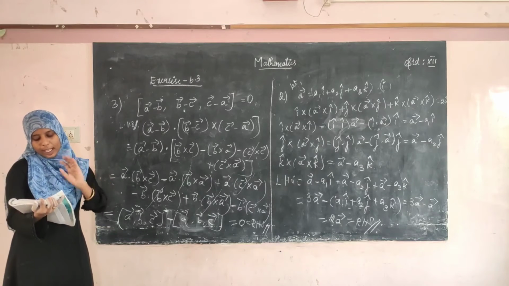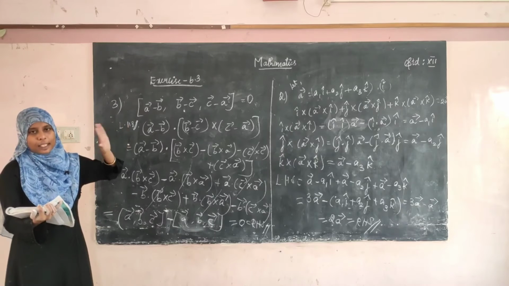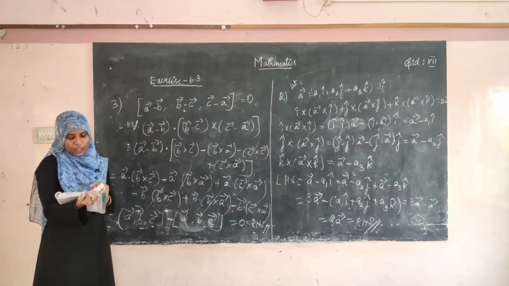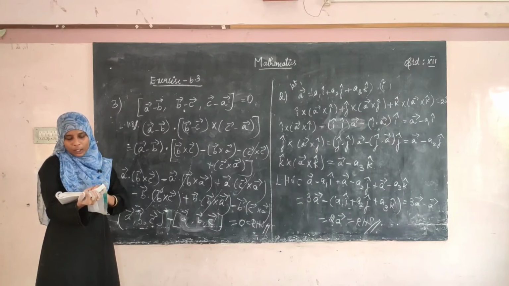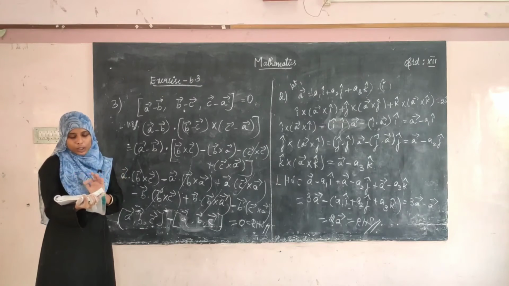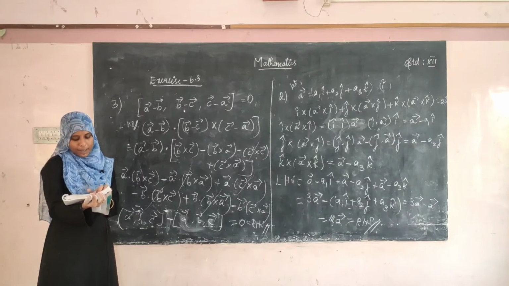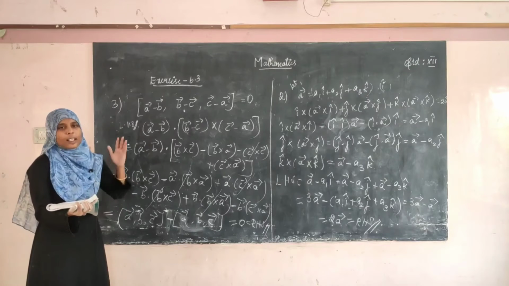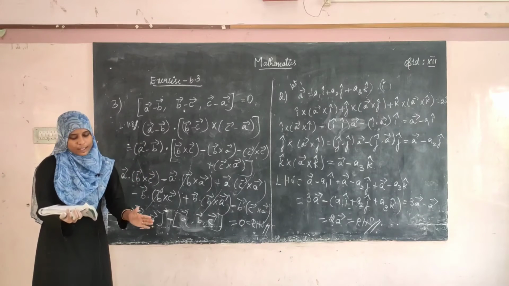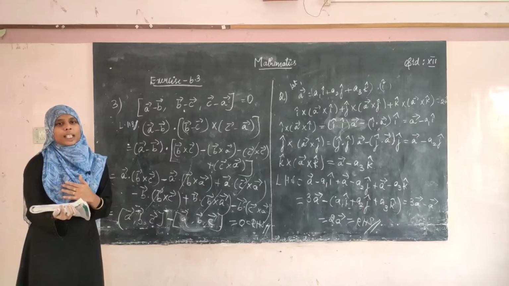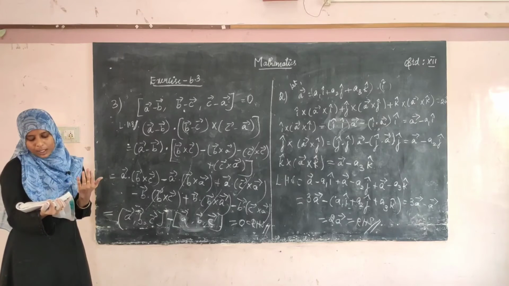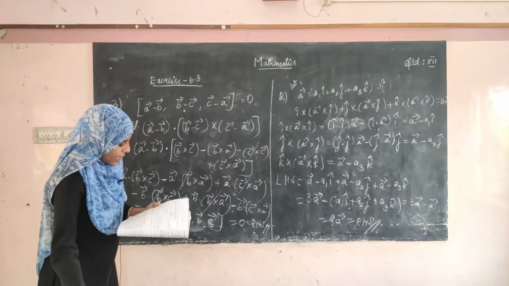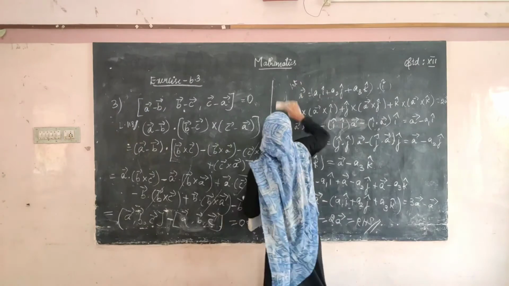You should keep that as the left hand side, and on the right hand side, you have to compute A vector dot C vector and B vector dot C vector, and then compute the whole thing: A vector dot C vector into B vector minus B vector dot C vector into A vector. So you have to show that the left hand side value is equal to the right hand side. Similarly you have to prove it for the second subdivision also. So the fourth sum is the assignment for you. And then the fifth sum is also going to be an assignment. Let me explain how we are going to do that.